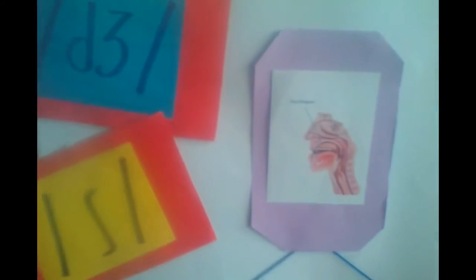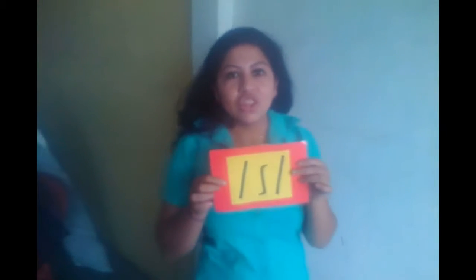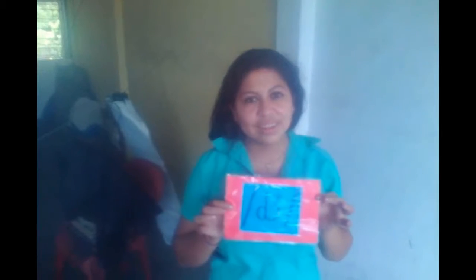Good afternoon, guys. In this moment, I will explain the place of articulation. And we found the post-alveolar. The post-alveolar is located behind the alveolar ridge. We found the passive articulation that is the alveolar ridge and the active articulation that is the tongue tip. I explained these post-alveolar sounds. The next post-alveolar sound is